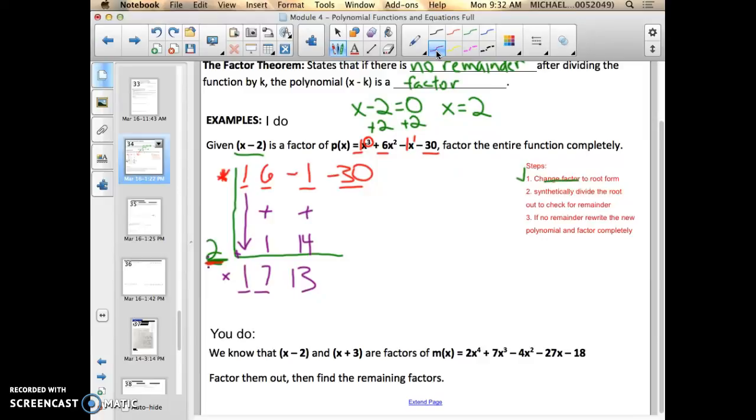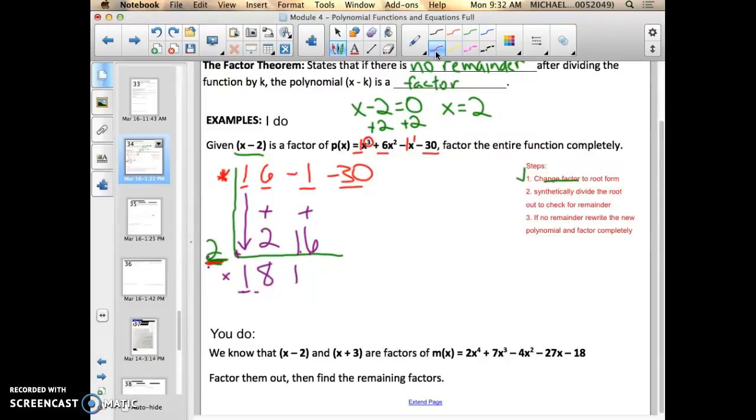Wait a minute, I made a mistake. Hopefully you saw it as I was working through. 2 times 1 is not 1, it is 2. Alright. 2 times 1 is 2. 6 plus 2 is 8. 2 times 8 is 16. There we go. Negative 1